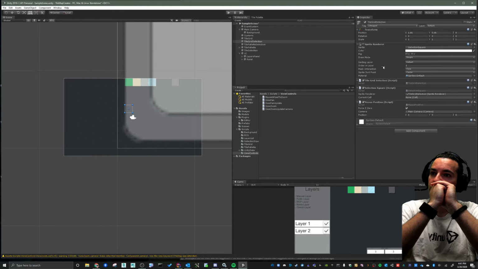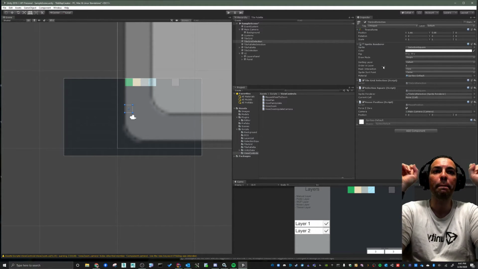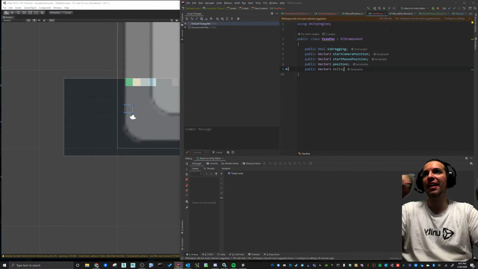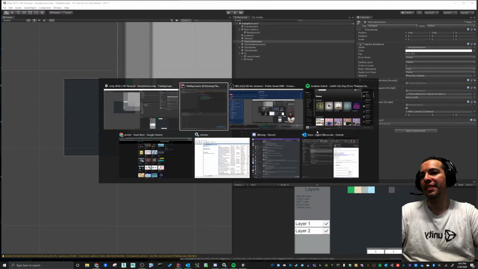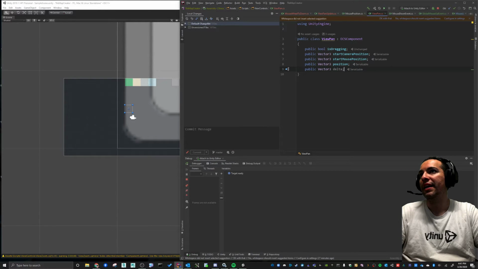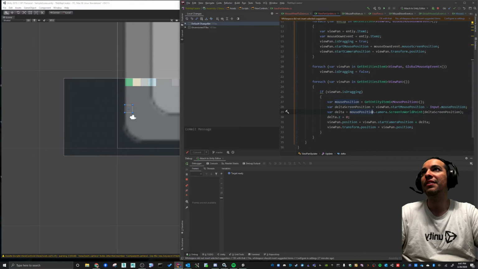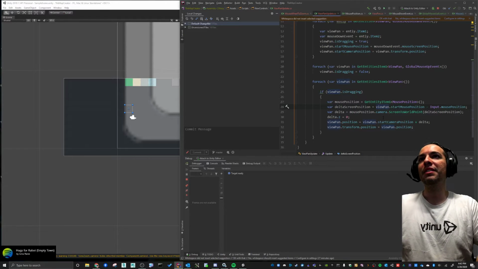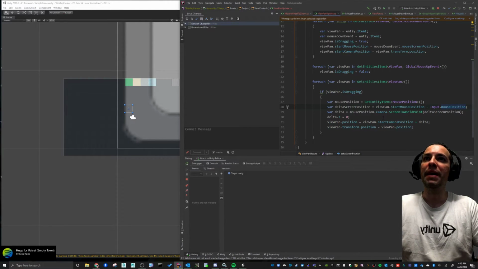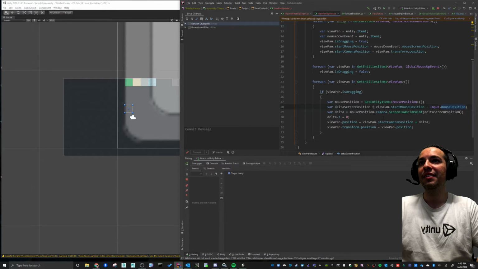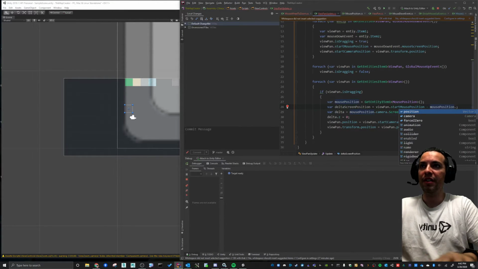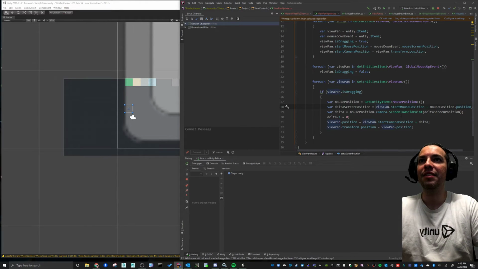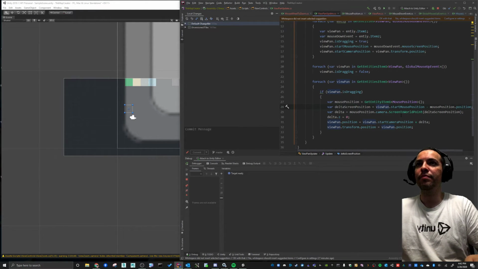Or what if I got both this and this screen position and then I subtract it? Let's do that. I think that's what I need to do. I'm not converting the right screen position thing. So I want to get the screen position of the starting mouse position and the screen position of the mouse position and then subtract those to get the delta. So we actually already get one by default. And then the other one we're just going to have to do,